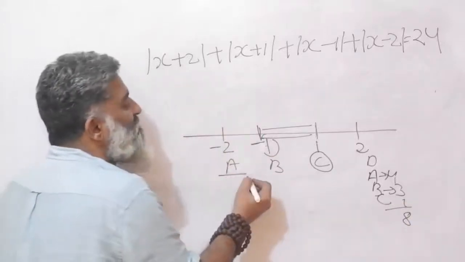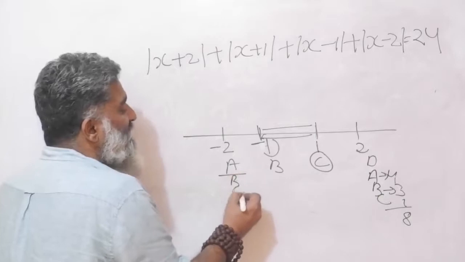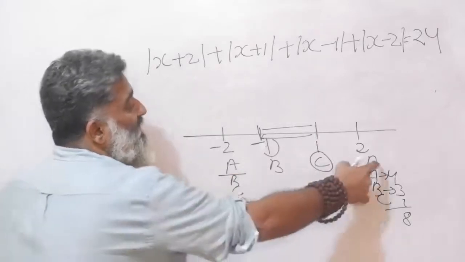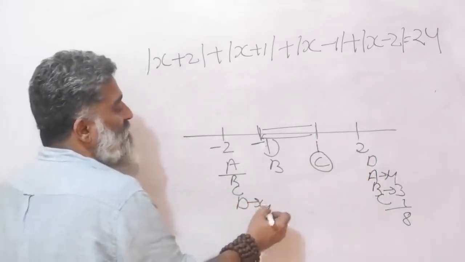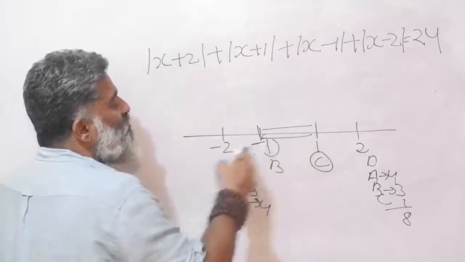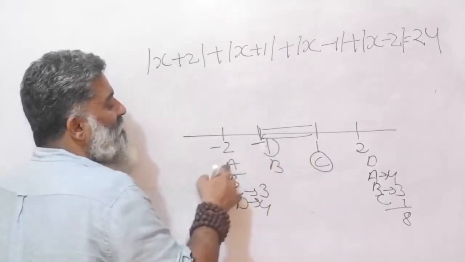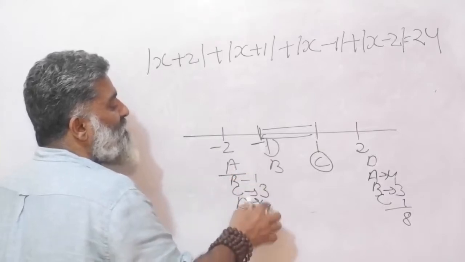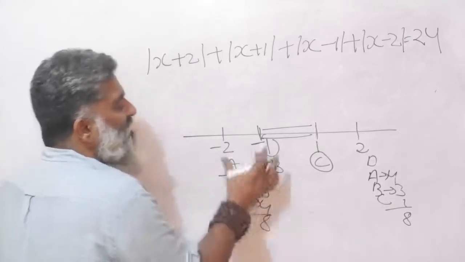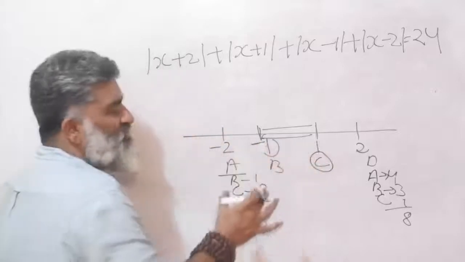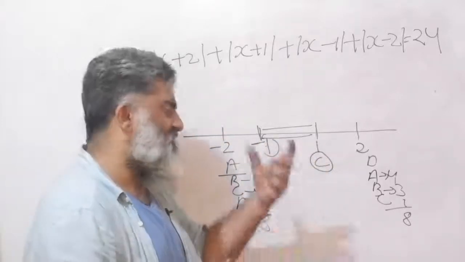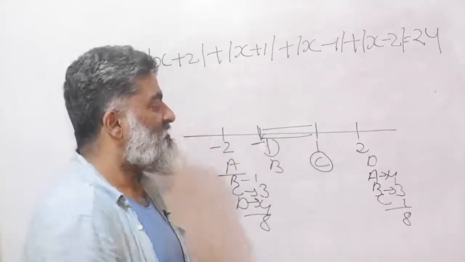Similarly, if everybody comes at A, B, C, D all end up here, D would have covered 4 units. C would have covered 1 to minus 2, which is going to be 3 units. And B would have covered minus 1 to minus 2, 1 unit. So 4 plus 3, 7 and 1, 8 again. That's because it is very symmetric. In the last 2 questions, everything was balanced just by chance, not by design as such.